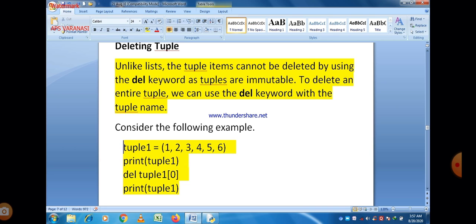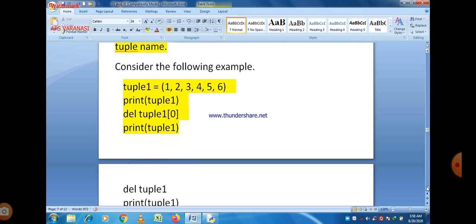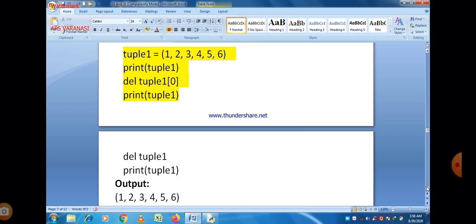But using the del keyword, we are not able to delete a single element of a tuple. You can easily see on the screen there is a tuple 1 which contains 6 different elements, 1, 2, 3, 4, 5, 6, and if we want to delete its first element, that means tuple 1 index 0, or if you want to delete the entire tuple,